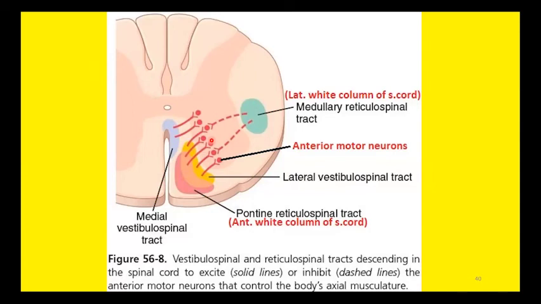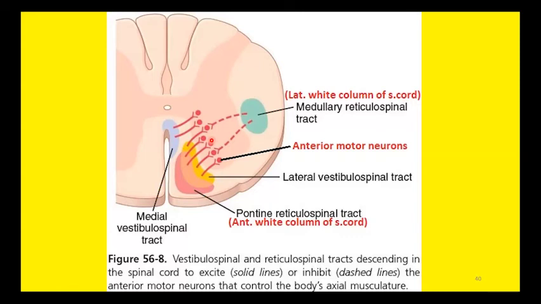So far we have discussed the two pyramidal pathways, corticospinal, anterior corticospinal and lateral corticospinal. Then we discussed the accessory pathway known as the cortico-rubrospinal pathway. Then there are extrapyramidal tracts, and reticulospinal tracts are one of them. In the extrapyramidal reticulospinal tracts, we have two subdivisions, medullary and pontine.